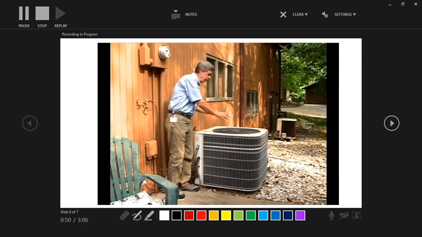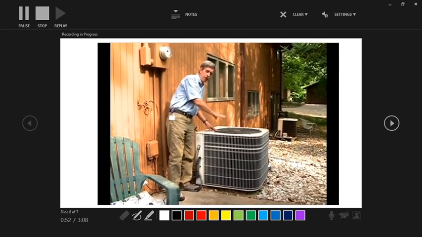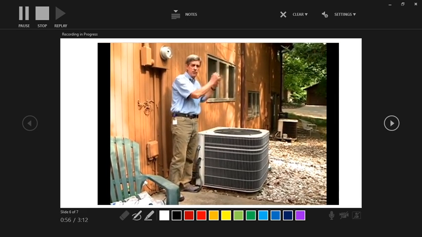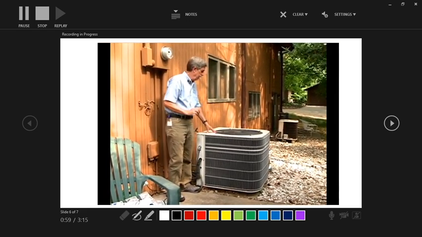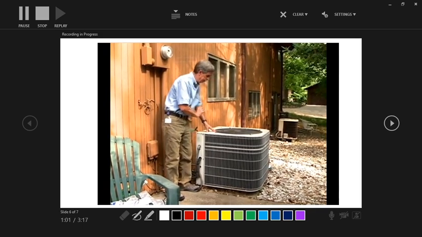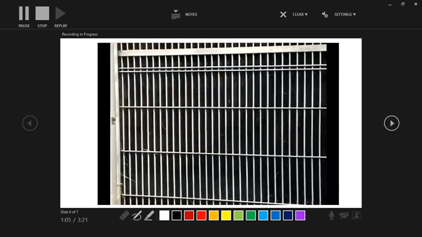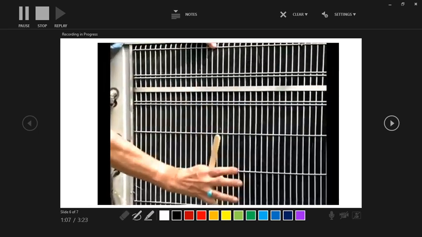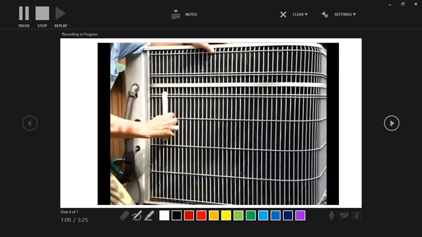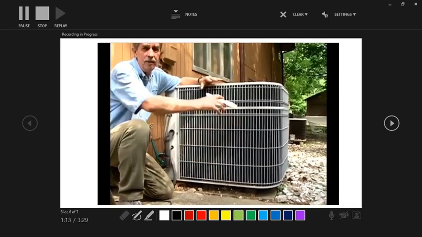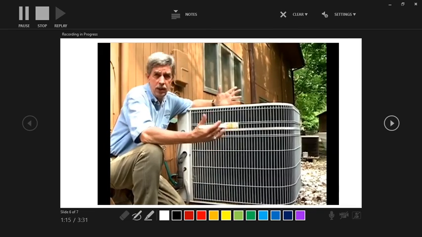Where the winter leaves can fall in here, so it's a pretty good idea to keep them out. But as the air conditioner runs, it pulls air in this way and blows the air out this way, so you might be blowing some leaves out and not have to worry about them too much inside there. The next thing you want to check is the fins of the air conditioner. Of course, the fan blowing upward pulls a lot of air through these coils to deliver the coolant inside the home. But over time, and depending on what kind of trees you have around you, dust or what have you,